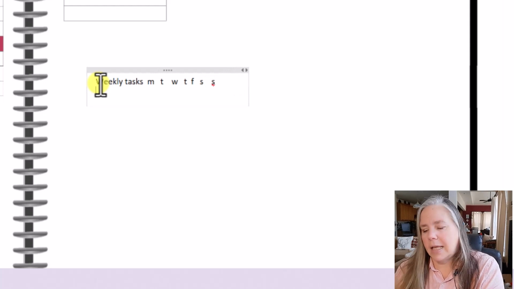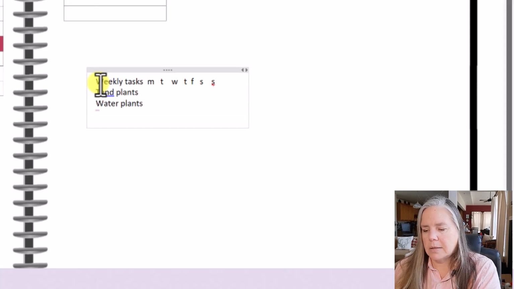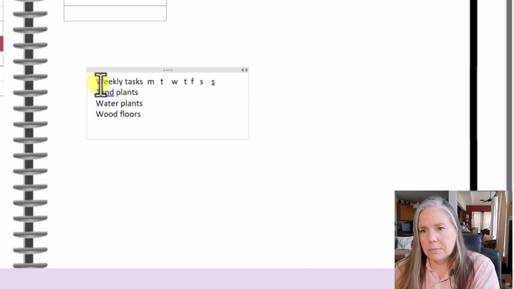Then I can hit return and list all the things that I need to do during that week. So tend my plants, water my plants, wood floors, pick up the mail, trash run,